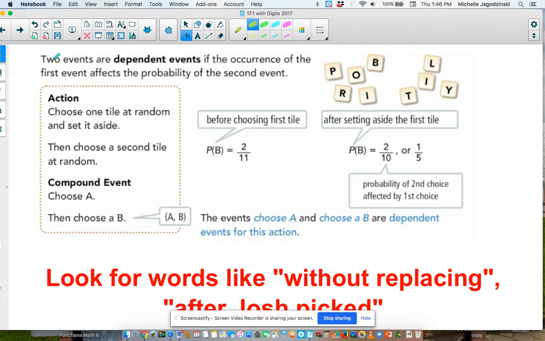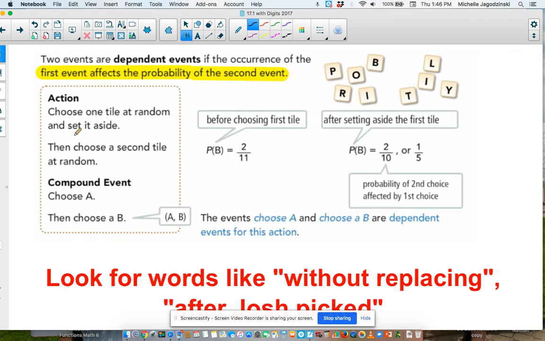So it does have an impact. The first event affects the probability of the second event. That is what is important. You have to remember that what you do the first time will impact the results of the second action that is going to happen. So in this question or example, they say choose one tile at random and set it